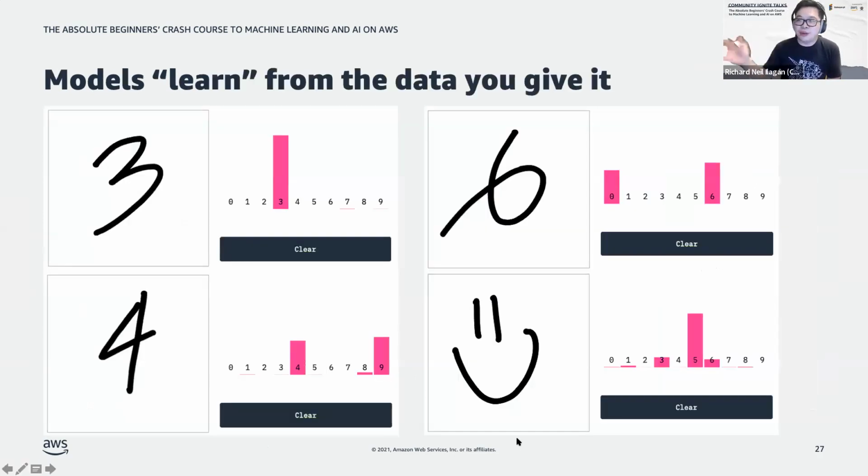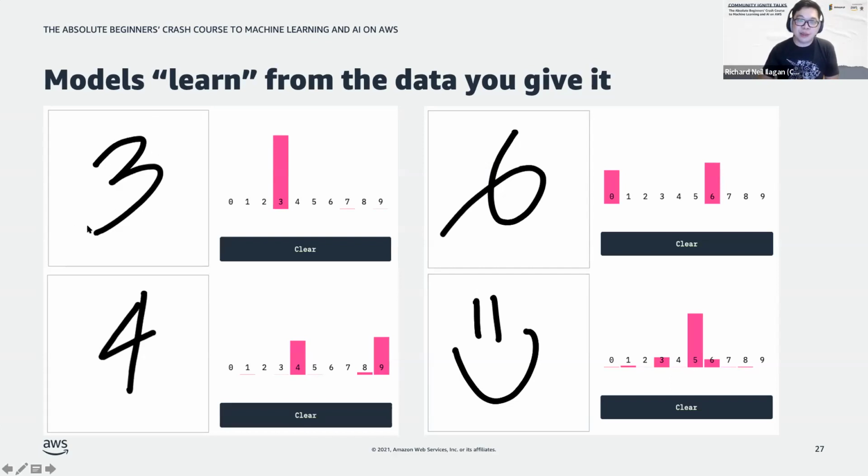And I think it goes without saying that your models are not magic. Right? They're not going to do something that they were not built for, right? And most of the time they're going to be far from perfect as well. So for example, our handwritten numbers recognition model from earlier,